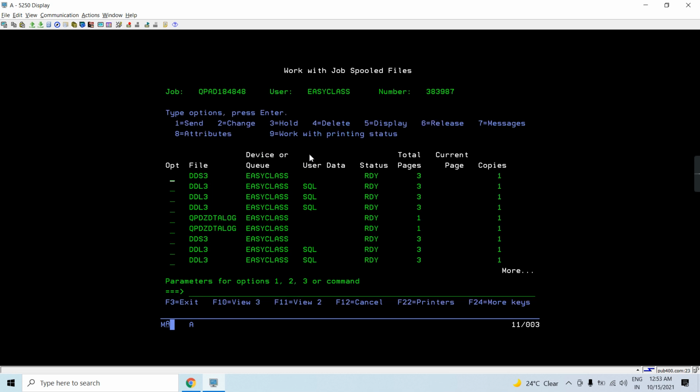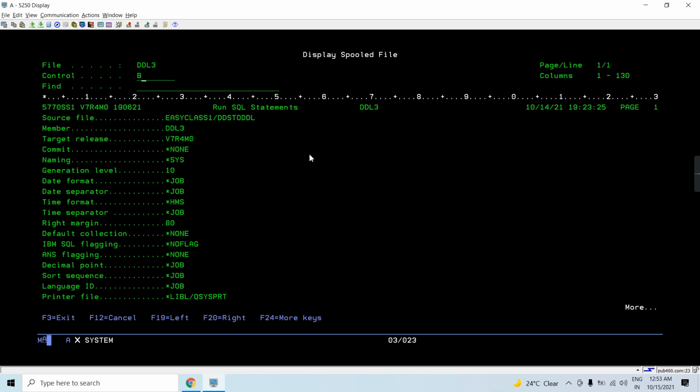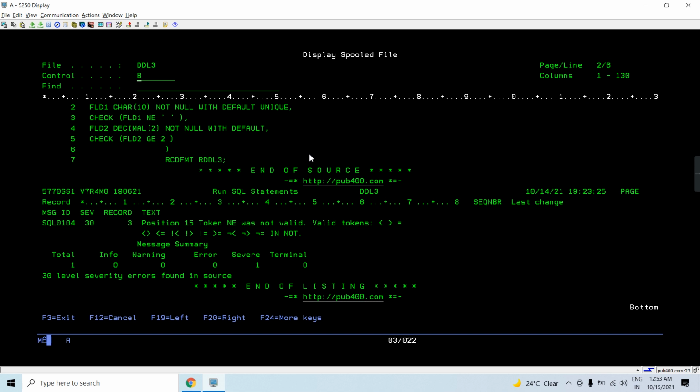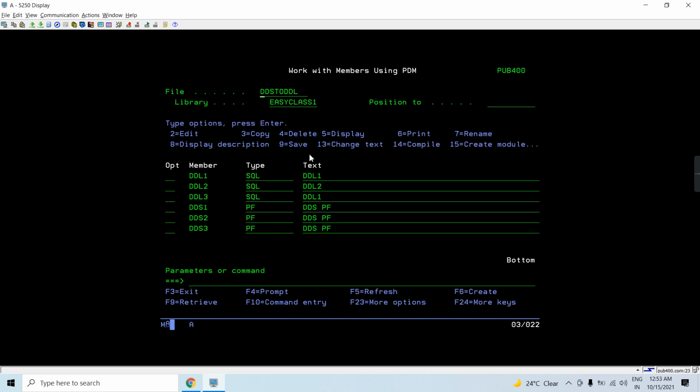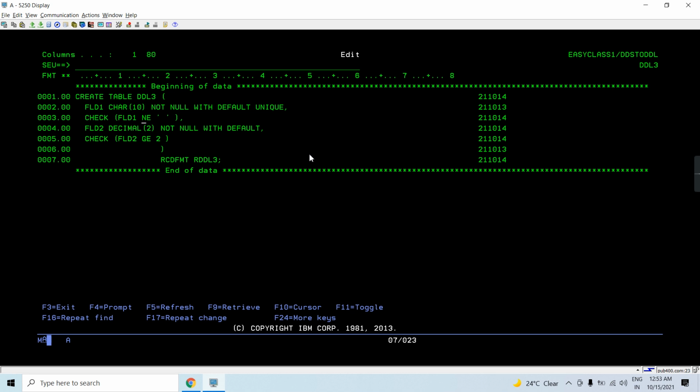Again there is some issue. Let's check what it is. Okay, article 2 doesn't work here, so it's not equals to blank and greater equals to 2.